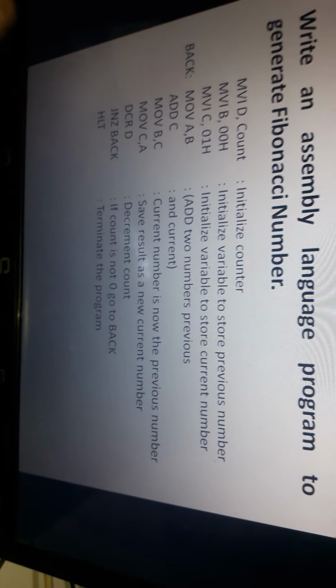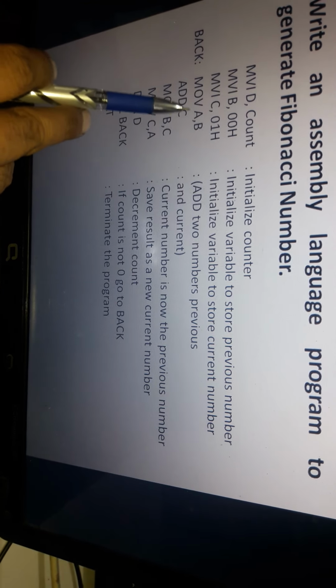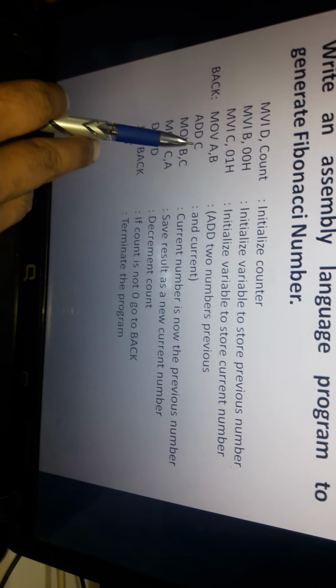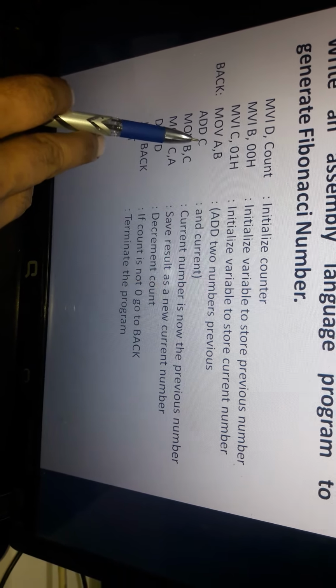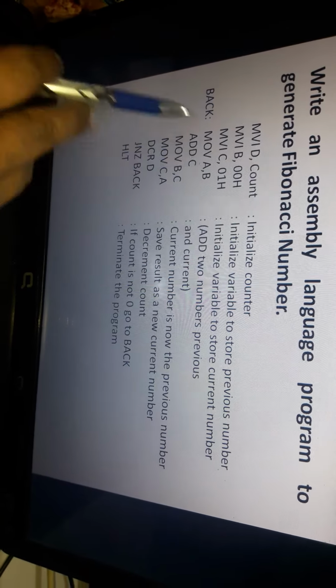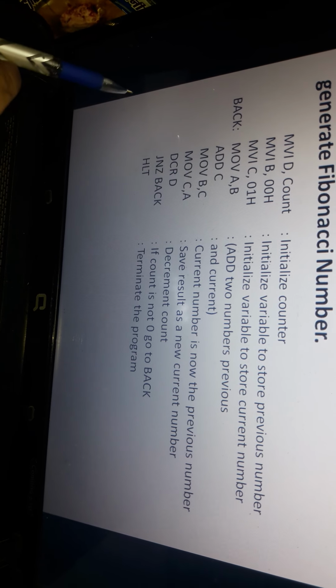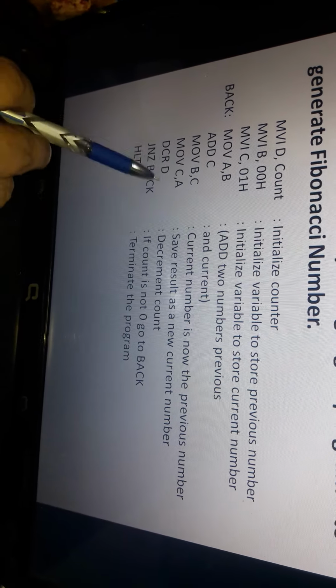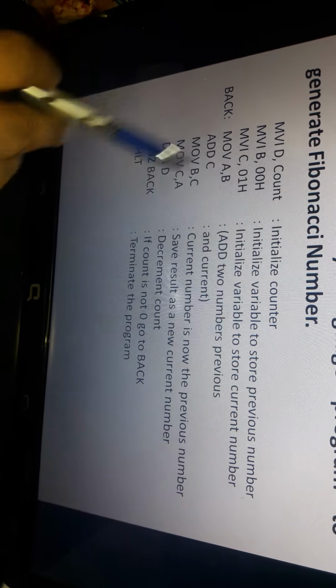two numbers. For adding these two numbers, first of all the previous number is loaded in the accumulator, and then the C register content is added. C is already having the current number and B is already having the previous number, so the current number is added with the previous number. After doing the addition, whatever is the current number will become the previous number, and the new current number, which is available in the accumulator, will be copied into the C register. Then we decrement the value of D, which is the actual count value for which we have to find the Fibonacci sequence, and this process will go on till D becomes 0.